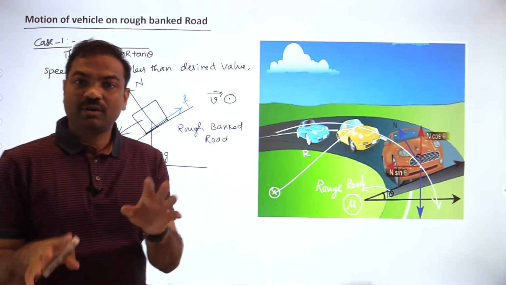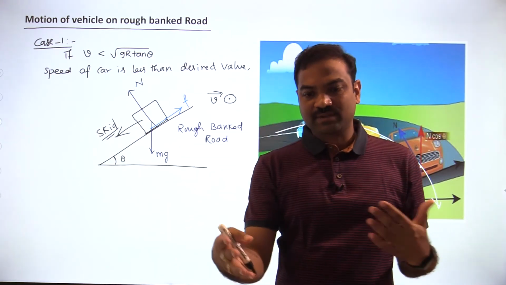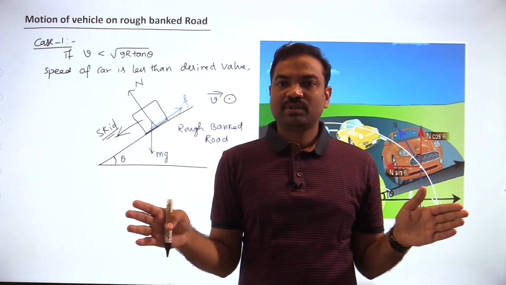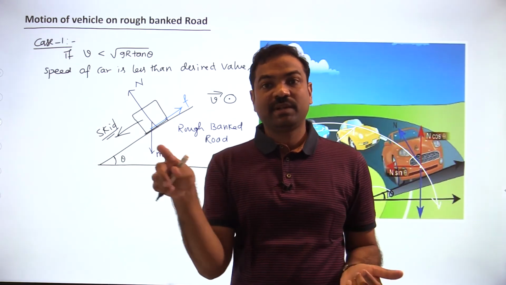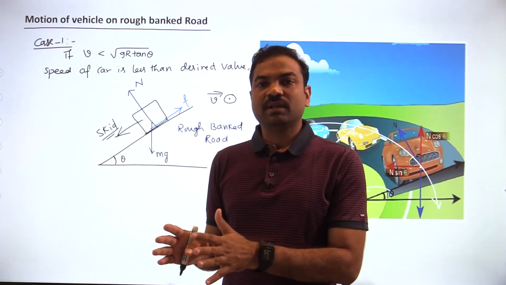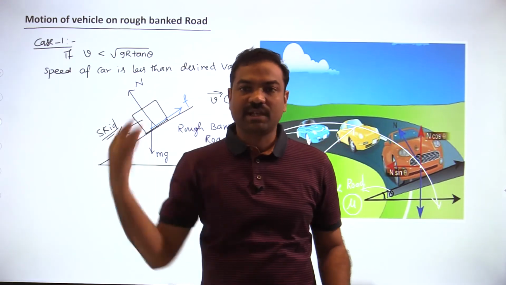But friction can also hold only up to some limit. It cannot bear the extreme values. Am I right or not? Friction has particular values, I mean, only in between those numbers will friction act. I told you the maximum limiting friction is 10 Newton. Then friction will provide force only from 0 to 10 Newton. So if more than 10 Newton is required, friction cannot provide it, and definitely the car will skid.